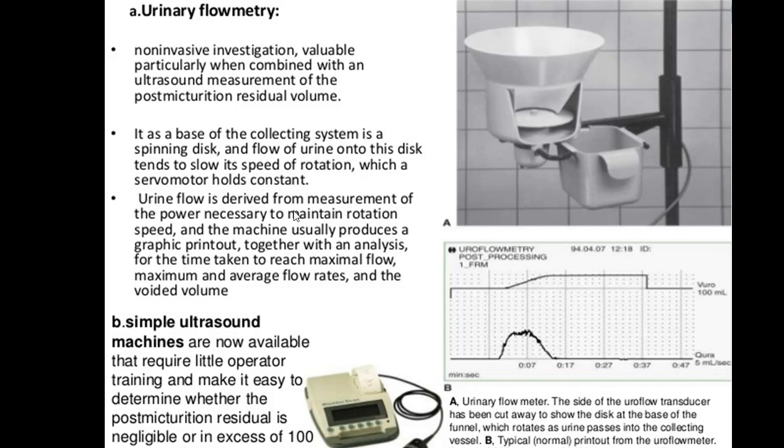The urine flow is derived from the measurement of the power necessary to maintain rotation speed, and the machine usually produces a graphic printout together with the analysis of the time taken to reach the maximum flow. The maximum and average flow rates and the voided volume are all recorded on the graph paper, and this is of use in the diagnosis of